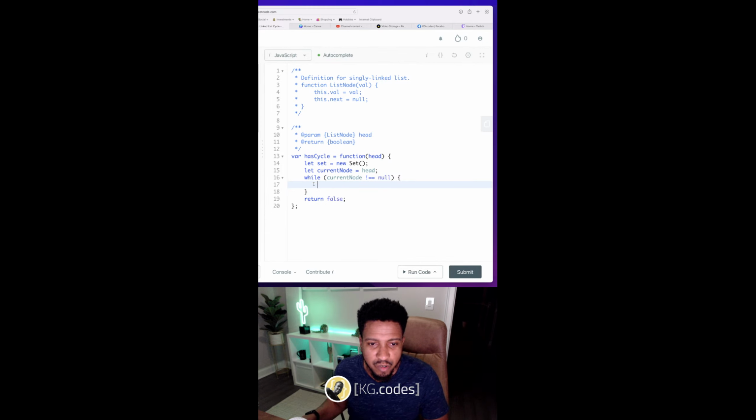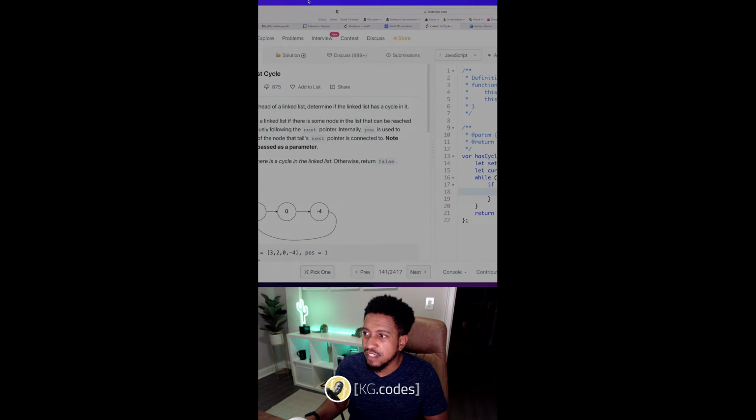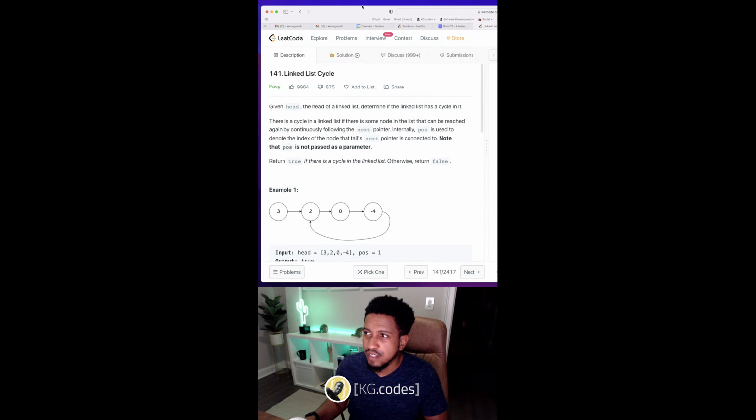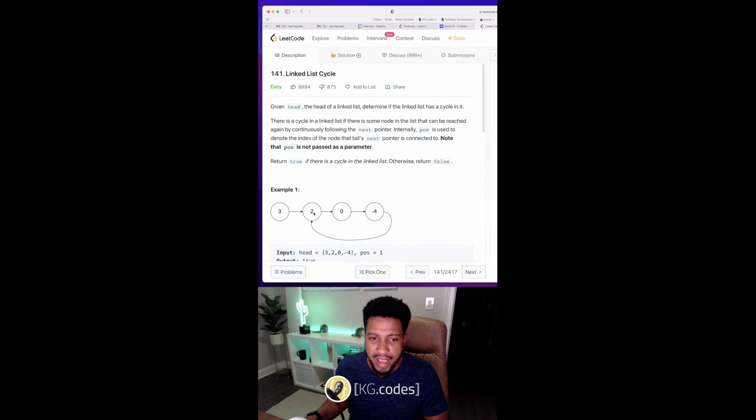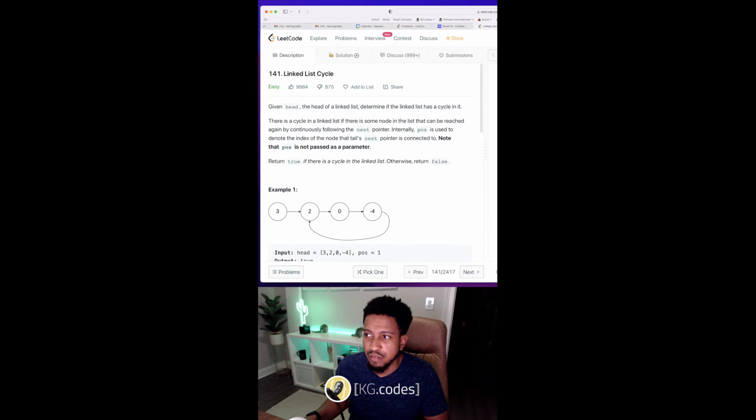So what should I be doing inside of here? I think the first thing I want to do, like I said when I thought about the solution, is check my set to see, does my set have the current node? If it has the current node, like in this example, if I've passed 2 and gone all the way to 4 and then I come back to 2 and it's in there, and I've put all of these in a set and I see 2 again,